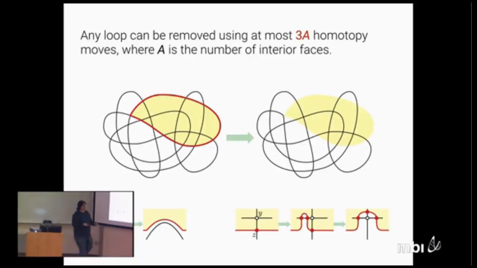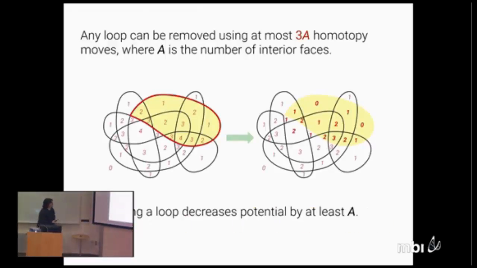So if the cases look like this: if the loop is empty, just remove it. If the loop contains any interior vertices, it must contain one that has a neighbor on the boundary. If the loop doesn't contain any interior vertices, then it must have a bigon on the boundary. Moreover, if you do this contraction, the potential drops by at least the number of faces in the original